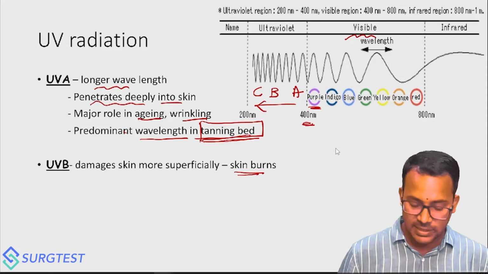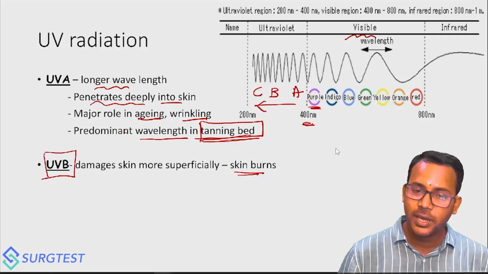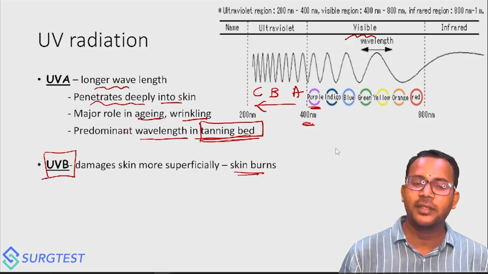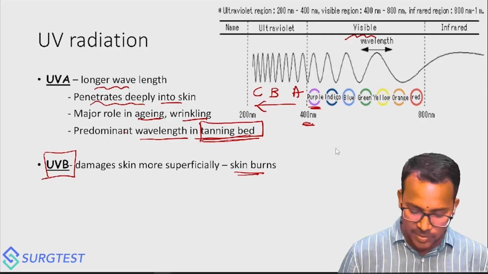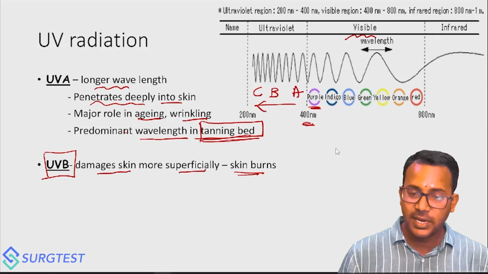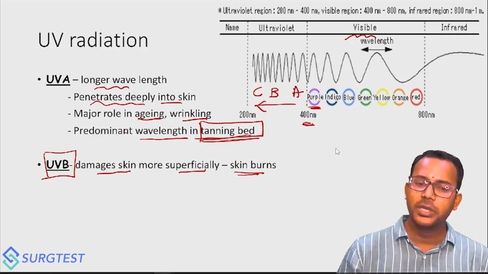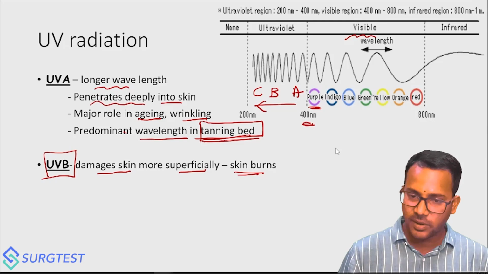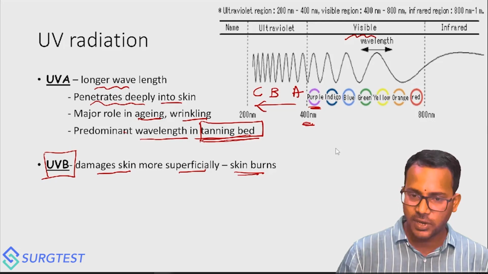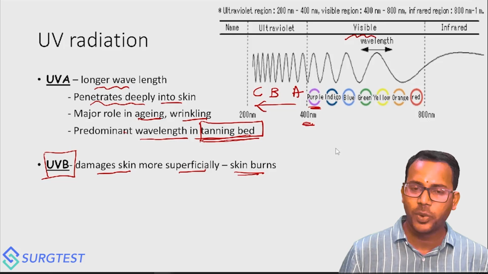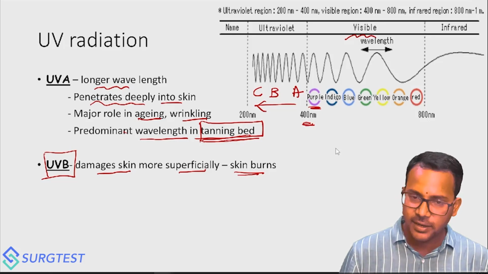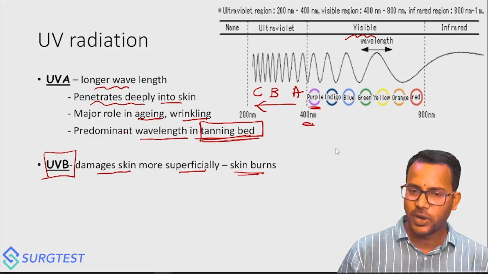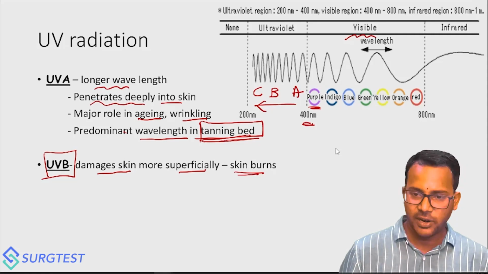If that is the case, then the ultraviolet B is usually the culprit. So ultraviolet B, which has got a lesser wavelength than the ultraviolet A, damages the skin much more superficially. It cannot penetrate much deeper, so the superficial skin gets burnt off. So these skin burns, which are a risk factor for the production of melanoma, are mainly because of ultraviolet B. I think this is sufficient regarding the few questions you have to remember regarding ultraviolet radiation with